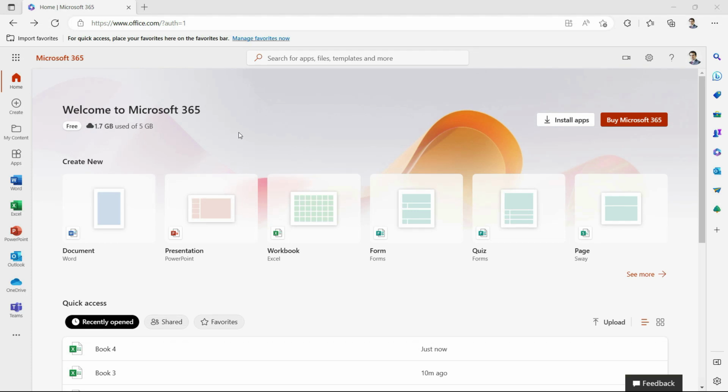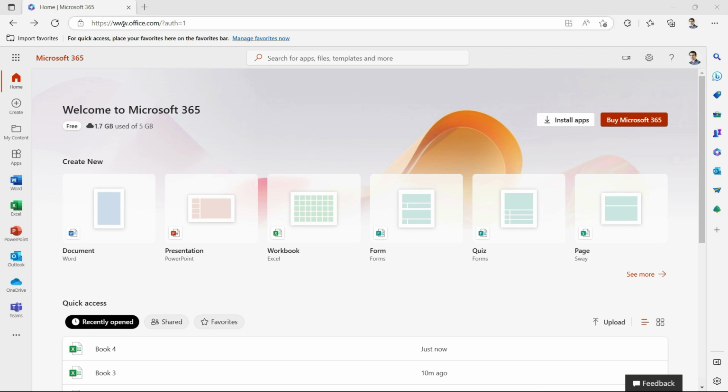So before we start using Microsoft Excel, let us talk about how we can access Excel. So there are two ways. Number one option is where you do not need to install anything on your computer and you do not need to purchase anything either. The other option is installation, the option where you will have to purchase Excel. So in the first option, that is the cloud version, that is the online version, all you need to do